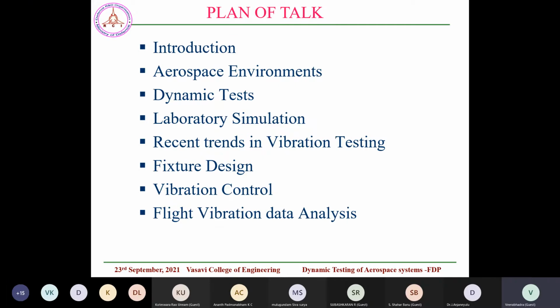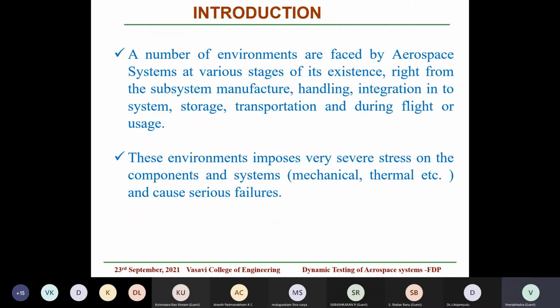Basically using some techniques called vibration response spectrum and shock response spectrum. So now, aerospace and defense systems are very critical systems. They house a number of subsystems, meaning small units, and any one system malfunction is going to affect the total system, which is very detrimental and very costly.